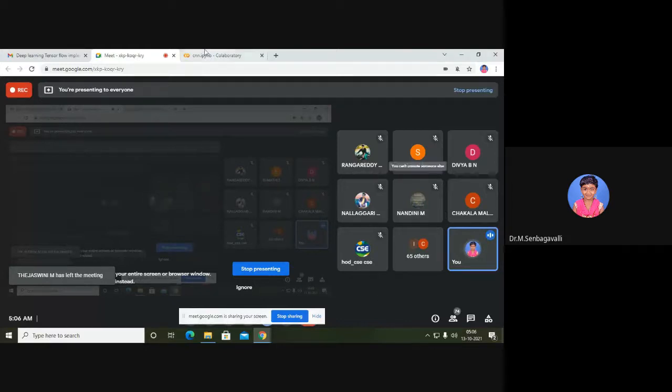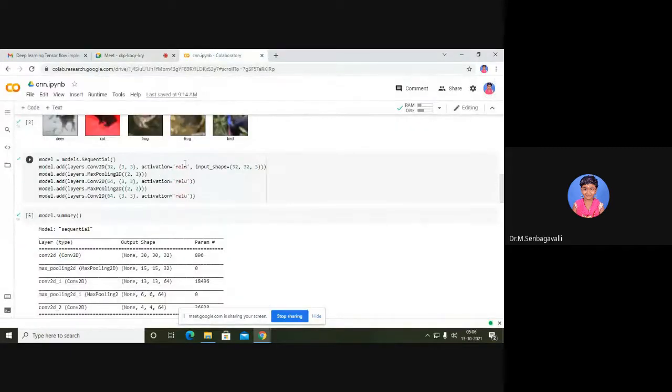Okay, so now we have passed a ReLU activation parameter. What is that ReLU? Please note down: rectified linear unit. We can say rectified linear activation functions. We need activation functions because in a network we may have many nodes, and I have shown you some example diagrammatic representations also. When we give some input information, activations will happen, and at last it will provide whether the particular object is a dog or cat, whatever the conditions you are applying. With the help of the condition it will show the output.